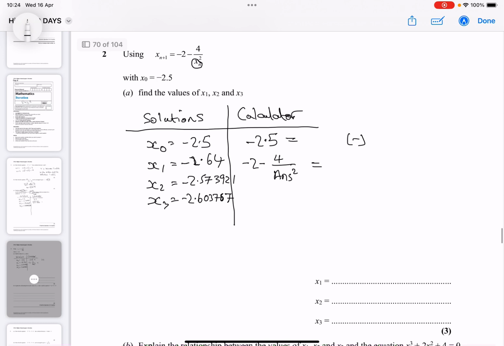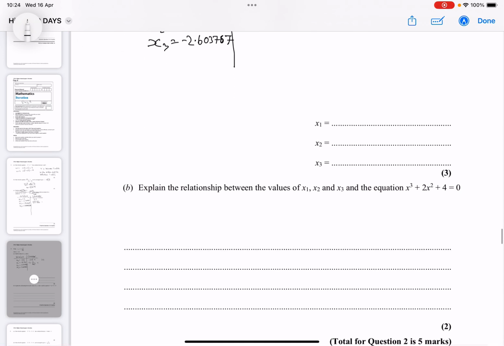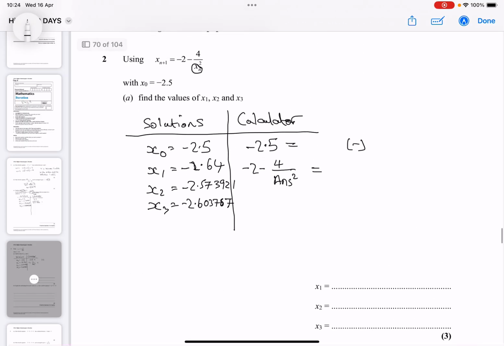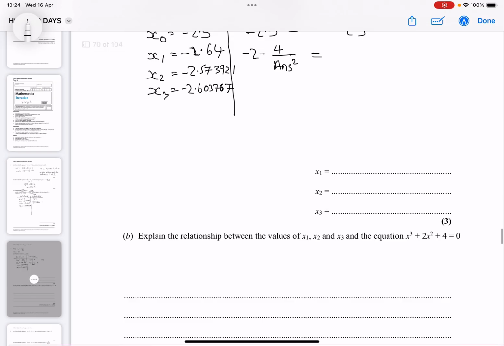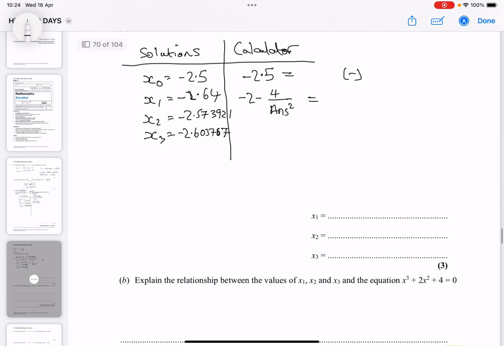So if I rearrange this, first of all, I probably need to show that this can be written like that. So what I've got is, I've got x. So what do I want? I need